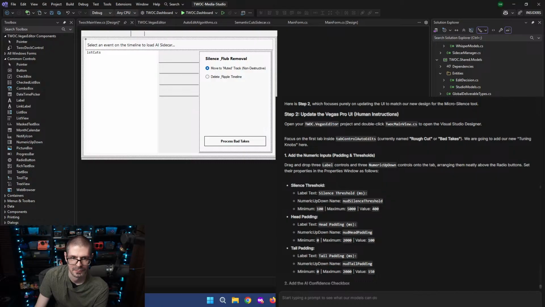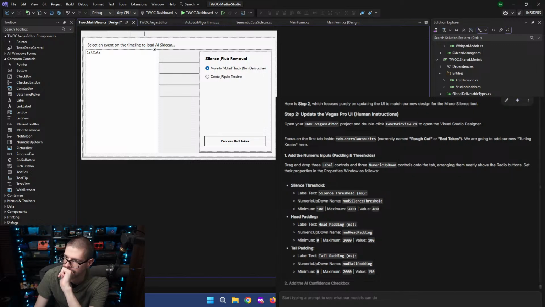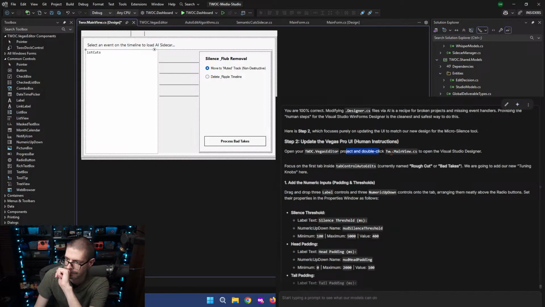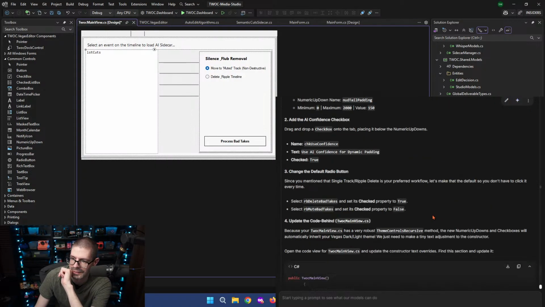Text alignment? Hmm. Yeah, I think that's too much for me right now.